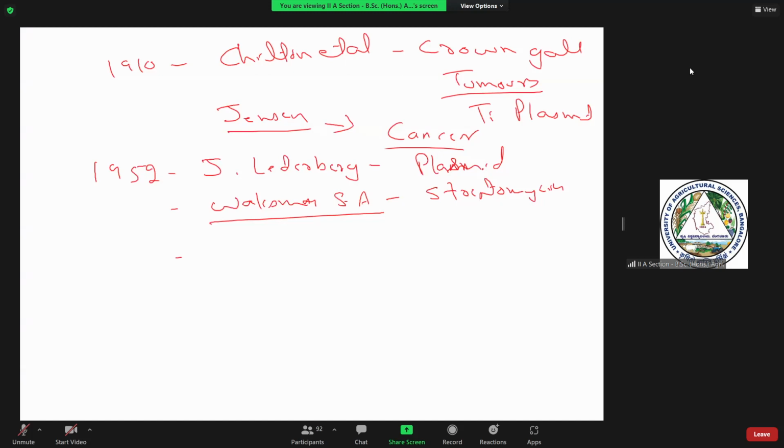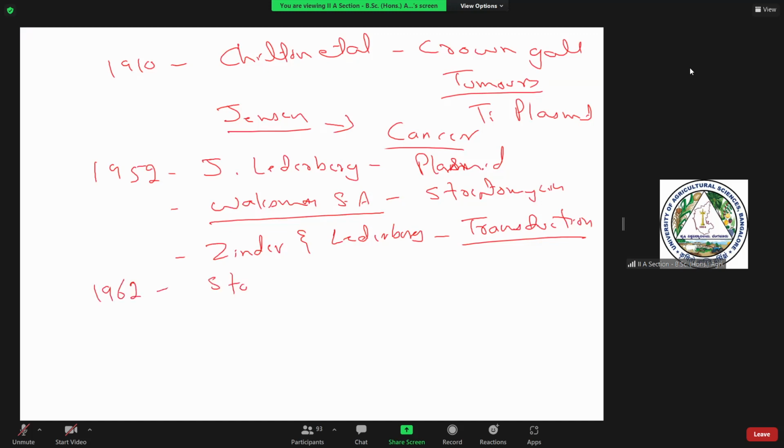And in the same year, again 1952, Zinder and Lederberg discovered the phenomenon called transduction. Transduction is basically a process by which bacteria transfer genes from one to another by way of bacteriophages. And in 1962,